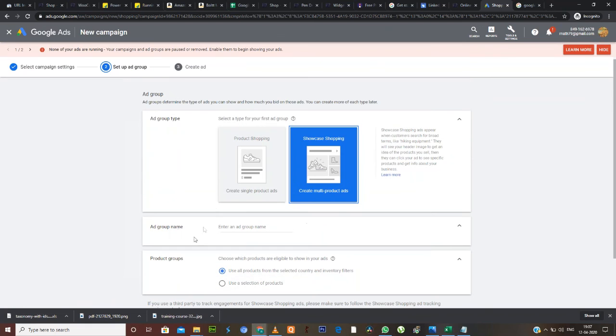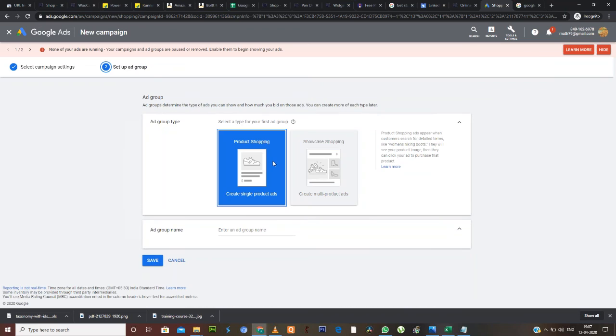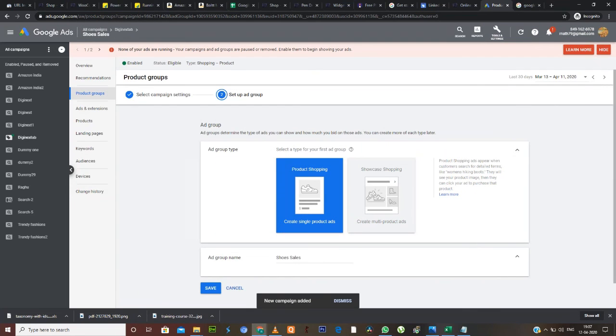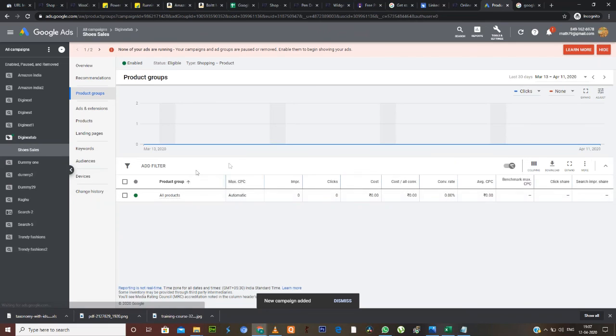In the next step, you will have the option to create the ad, and your job is done. Okay, so your shopping campaign is complete. So this is all about your e-commerce marketing.